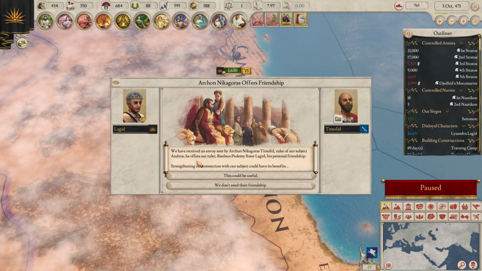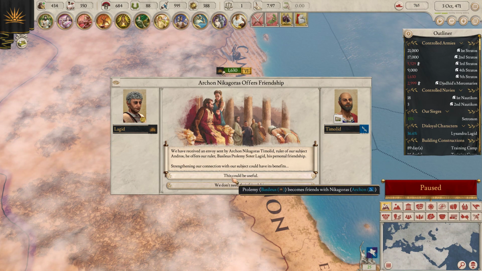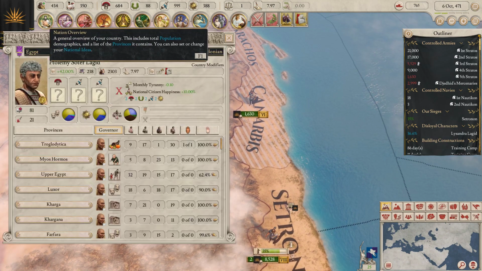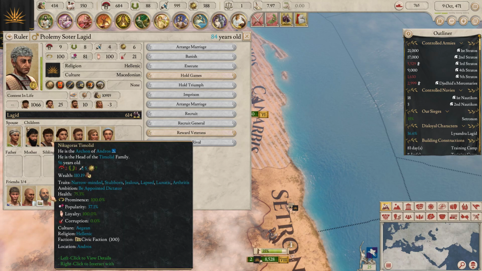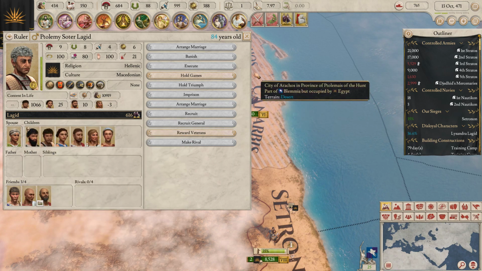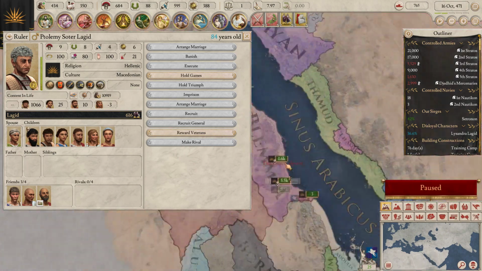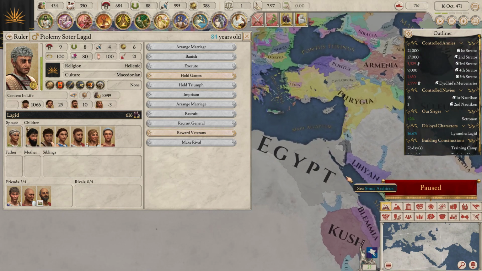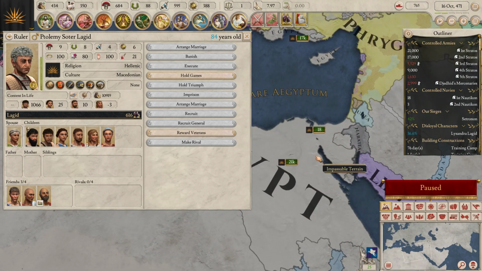The ruler of our subject, Andros, yes. Okay, we can increase our... You have a maximum number of friends down here. He can have up to 4. One of them is Seleucus. At one point, Seleucus basically loses and comes to Ptolemy